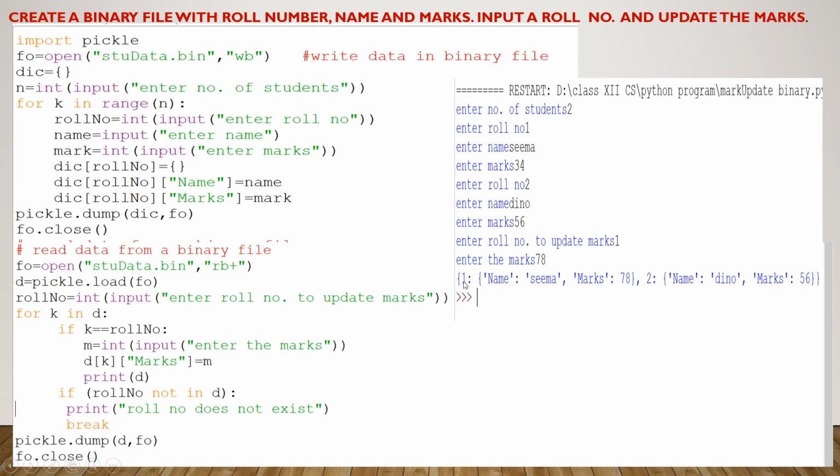So this roll number will act as a key, and the value of this roll number is in the form of a dictionary, and inside that value we are going to store name and marks, and name and marks are keys, and these keys have some values. Name Seema and marks is 78.